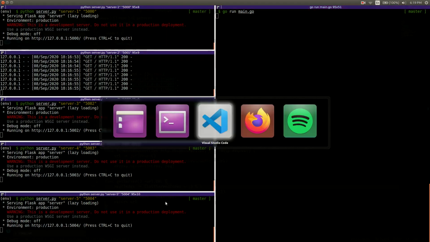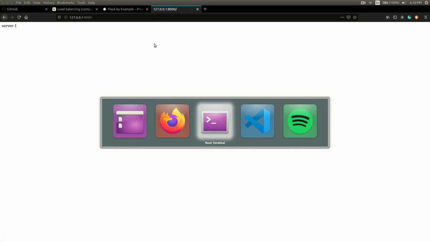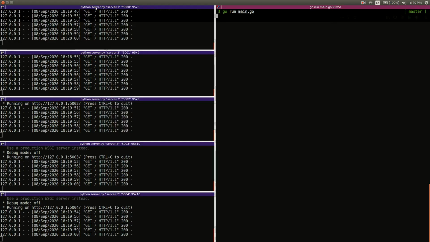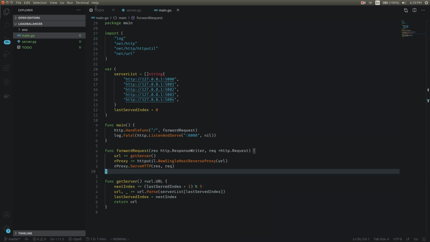I'm going to restart the server and then hit refresh. We're on server 1 now. Okay. Refresh again, server 2, refresh, and then refresh again. So it's circling back to 1 also. So as you can see now, it's going through all the servers. So if you look at the logs, all of them would have gotten equally. So let's add some log in our Go code to see which server we routed it to.